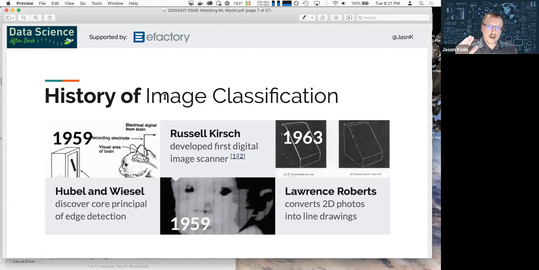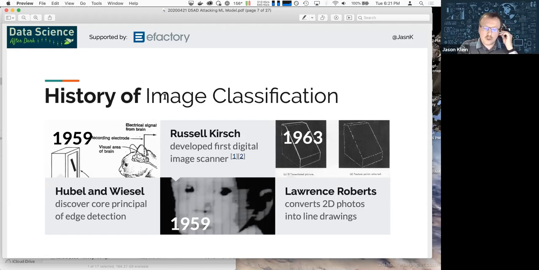There tends to be a hierarchy of how you identify things. So the real key piece to their discovery was that a cat was able to identify things primarily based on edge detection.